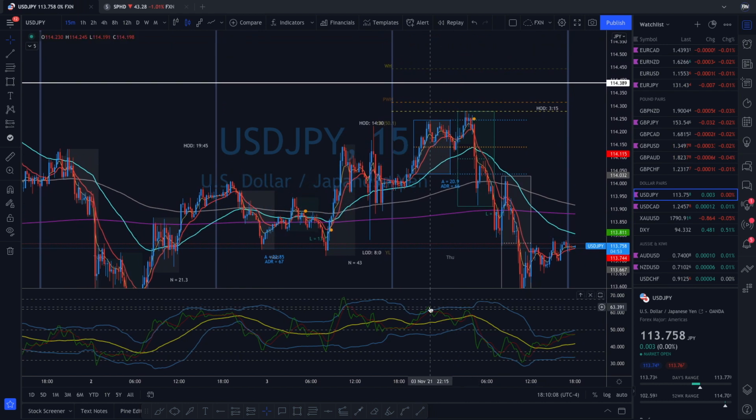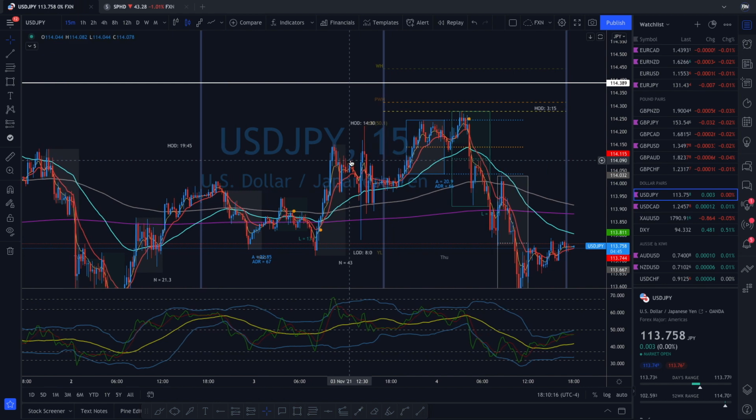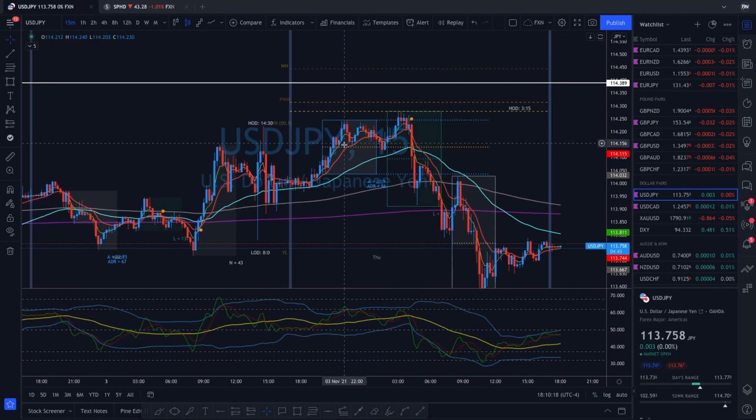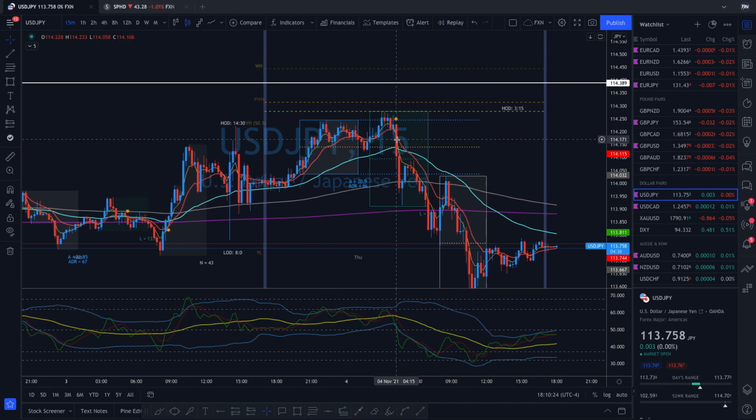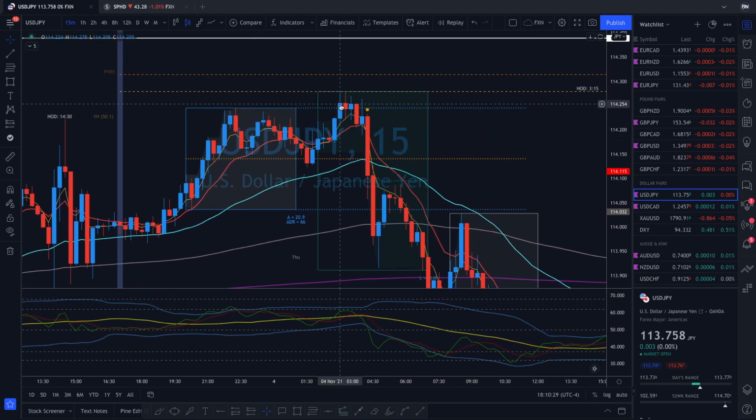We actually had some divergence here on the TDI. So type 2 setup, again, coming from a peak formation high, I'm only looking for sells. So we get a trade out of the edge. First leg here. Second leg, we get a star pattern. Here is the star pattern here. Big bullish candle, 2 dojis, and then a